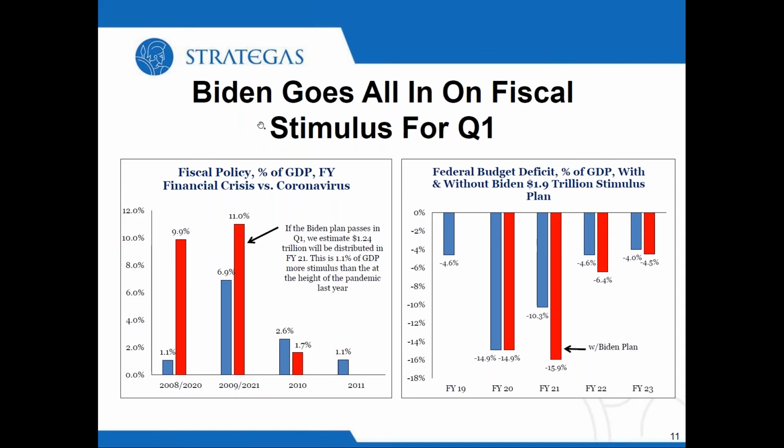What the administration is targeting is unemployment. And as long as unemployment remains high, even if GDP is strong, they're going to continue to keep their foot on the lever on fiscal policy. If we look at the next chart,